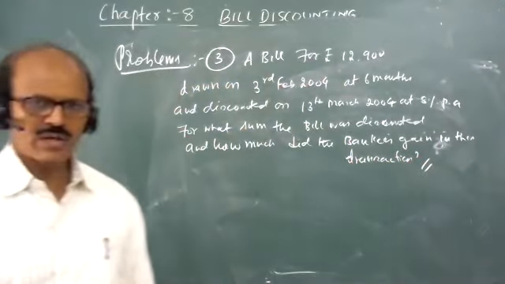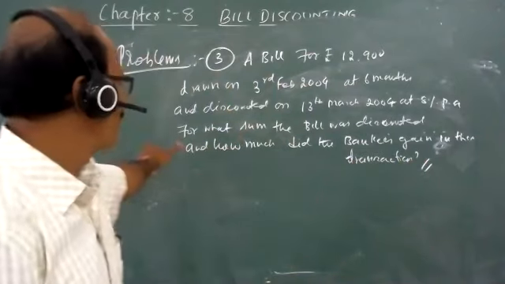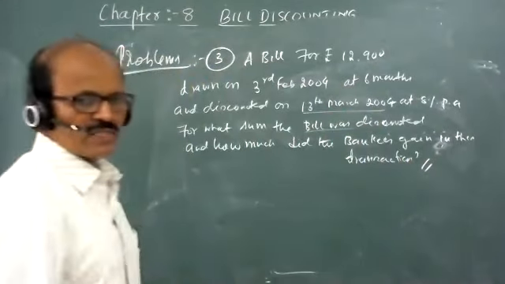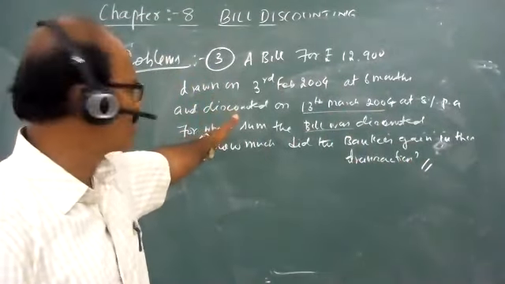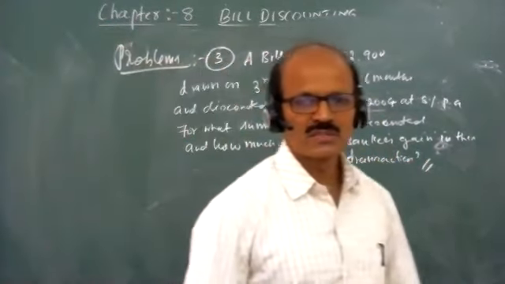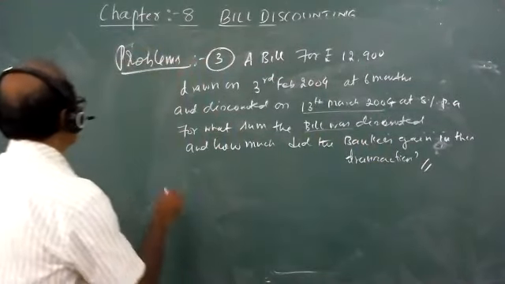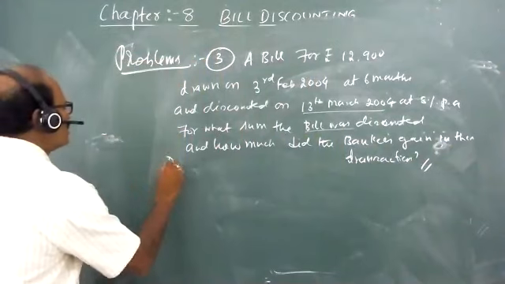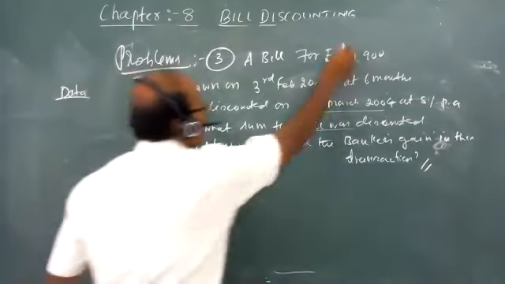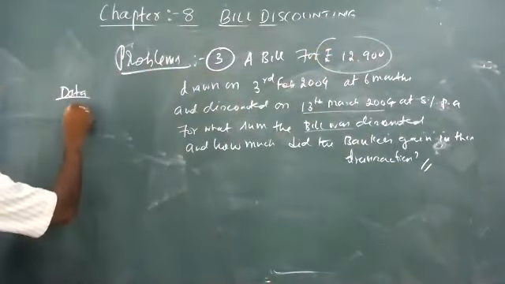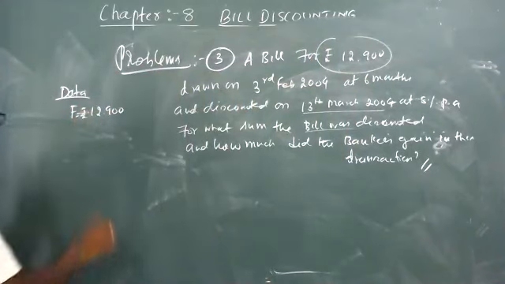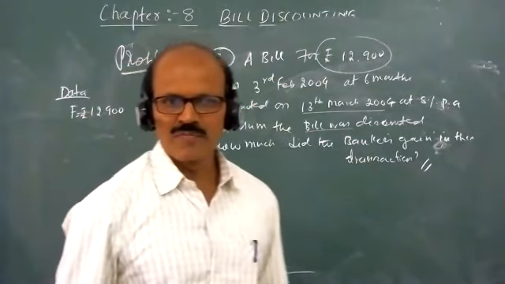I told you earlier, that is the whole problem here. This includes dates. Whenever a date comes in a problem, these are standard problems. Now, read the problem carefully. Get the data. Data you have to write. So what is given in the data? First, this is the face value, 12,900. Bill amount. This is the face value of the bill. Second one,